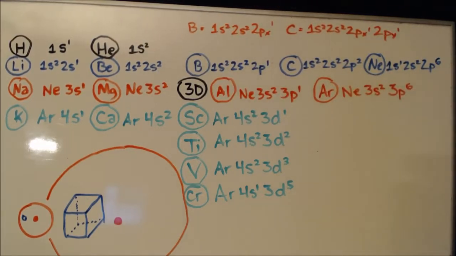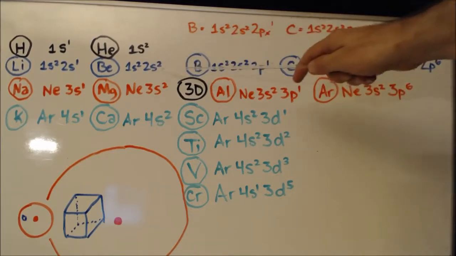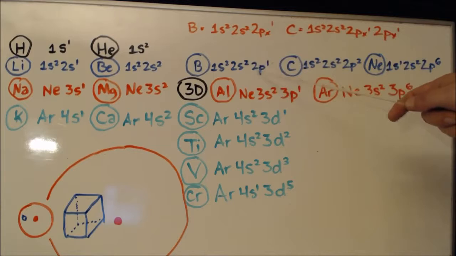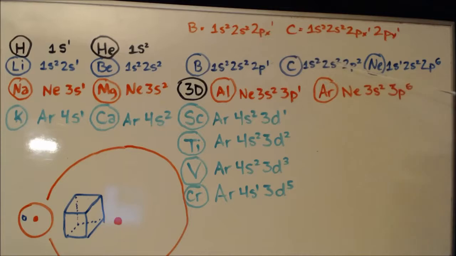2s2. For boron, remember, you jump over to the p orbitals. You're still going to have everything that the last element had: 1s2, 2s2. But now you're going to have a p orbital that you're going to put 1 electron into, and it's in your second shell. So it's 2p1. You do the same for carbon. You have everything the same, 1s2, 2s2, but you're going to add another electron to your p orbital. So that's 2p2. And you do that all the way down to neon, where you'd have 6 electrons in your